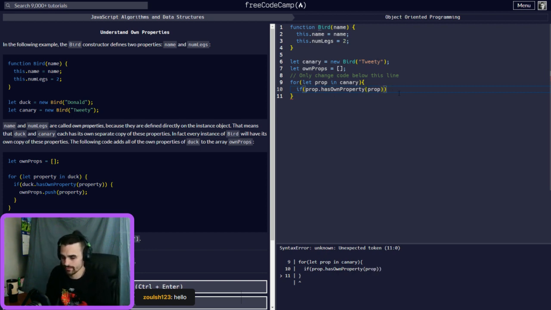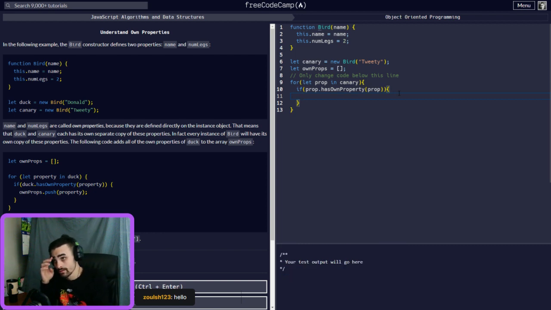If so, we're going to do ownProps.push. We're going to add it, and we're going to add the prop because we're going to put the property inside.